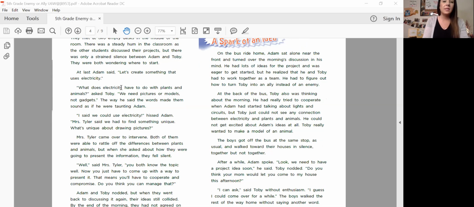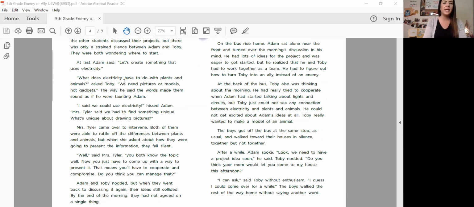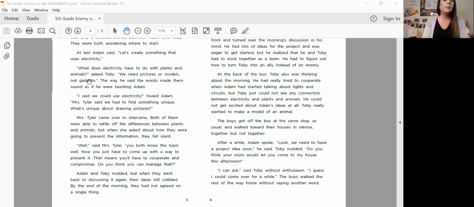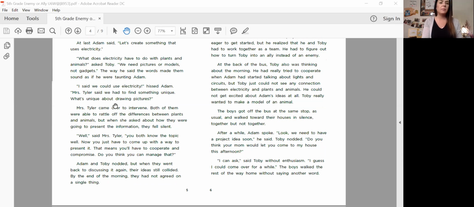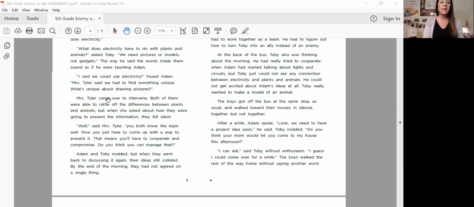At last, Adam said, "Let's create something that uses electricity." "What does electricity have to do with plants and animals?" asked Toby. "We need pictures or models, not gadgets." The way he said the words made them sound as if he were taunting Adam. "I said we could use electricity," hissed Adam. "Mrs. Tyler said we had to find something unique. What's unique about drawing pictures?" Mrs. Tyler came over to